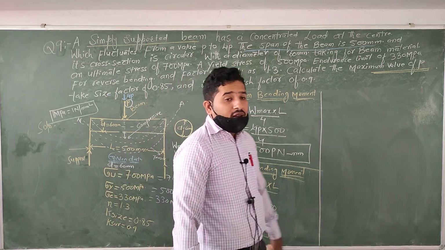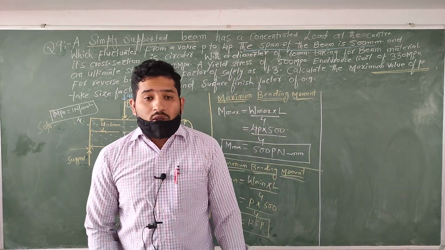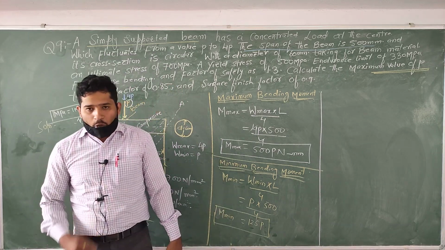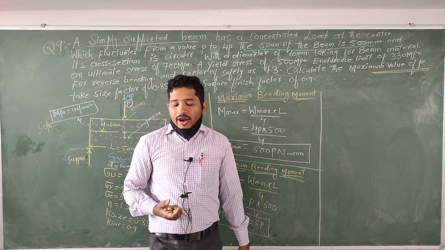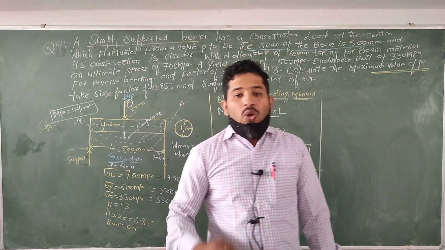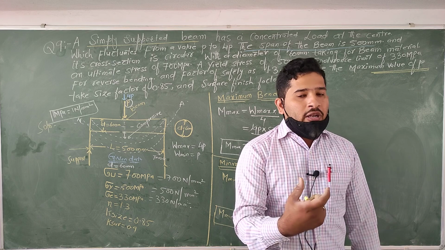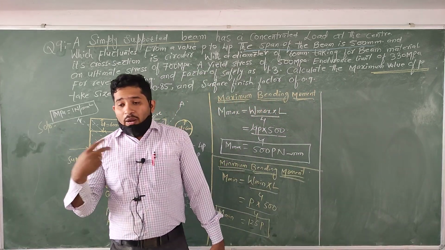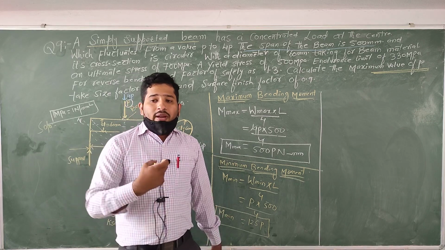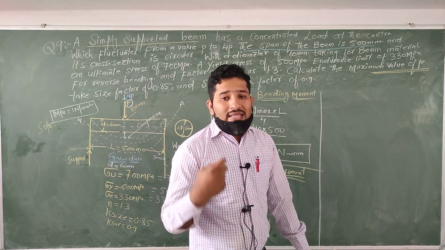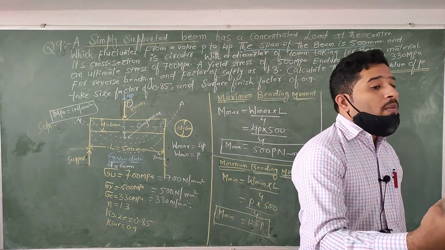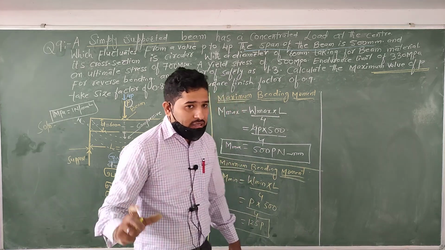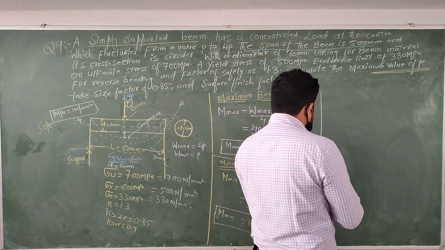Again, what do we need to find out? Actually, our intention is to find the mean bending moment. If you want to find the mean bending moment, you know very well which formula to use. The mean bending moment is equal to the maximum bending moment plus the minimum bending moment, by 2. What about the variable bending moment? For the variable bending moment we use the formula maximum bending moment minus minimum bending moment by 2. Is it right? So I am finding here the mean bending moment.